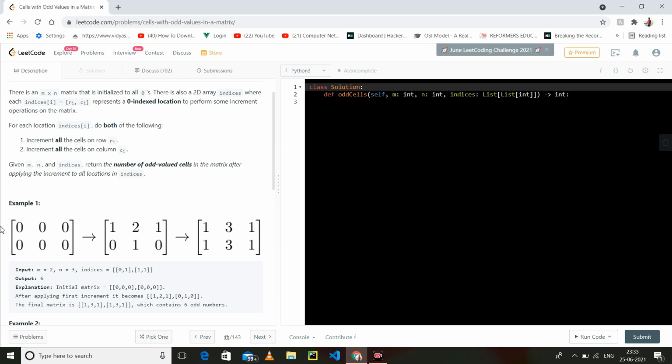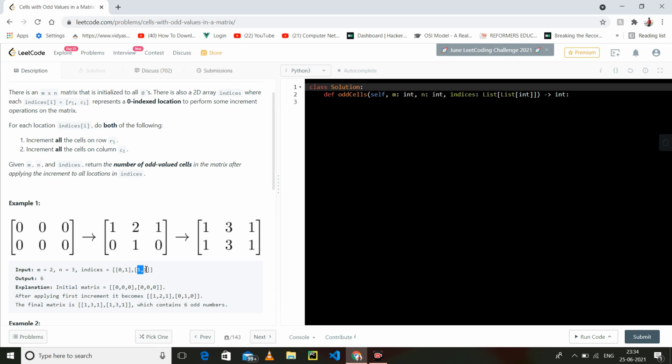So this is row 0, and we have to increment it by 1. So 1 1 1. Let it be, first increment 1 1 1. Now this is a column, and we have to increase by 1 in column 1. Column 1 is this, because this is column 0 and this is column 1. Previously it had 1, now it becomes 2, and previously it had 0, so it becomes 1. So at this position we have gotten this.